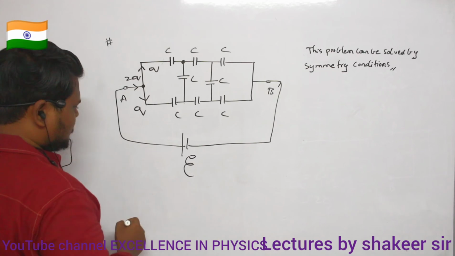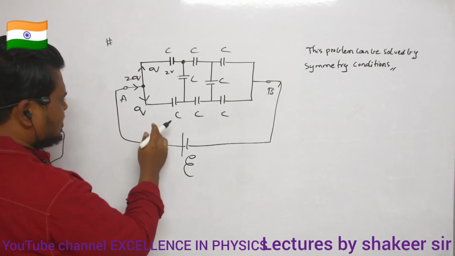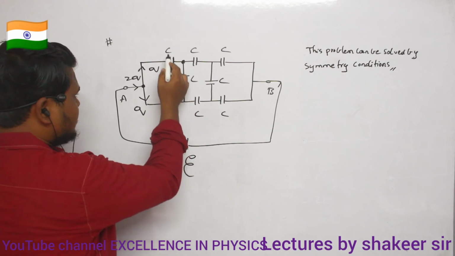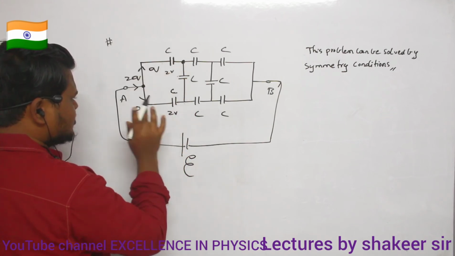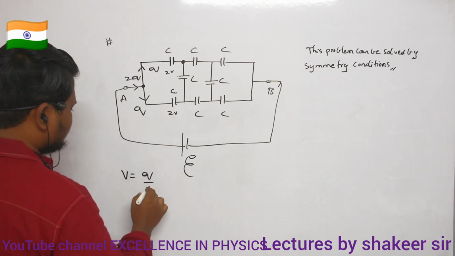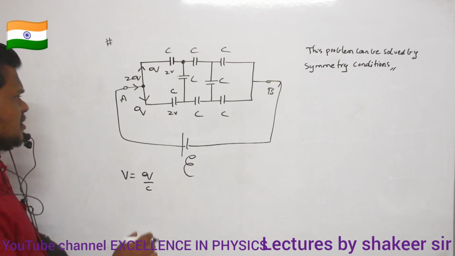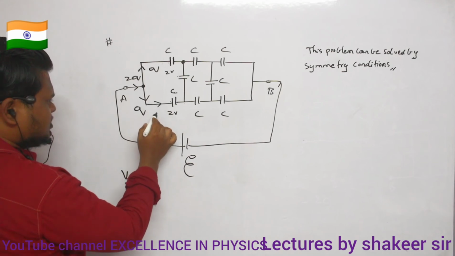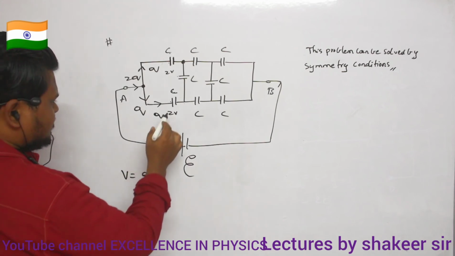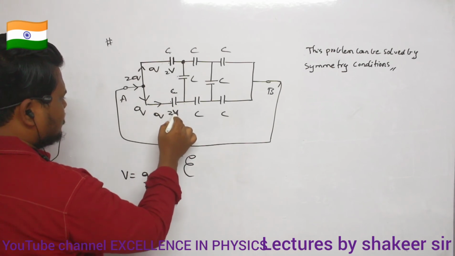Out of this total potential, this capacitor will take, let us consider, 2 volts of potential. Similarly, this capacitor also will take 2 volts of potential only. What is the reason? Because their capacitances are equal and the charge entering is also equal. Are you able to understand? So the potential drop V is equal to Q by C only, no? Q divided by C. The charge entering both capacitors is Q only, and the capacitance of each capacitor is also C only. So if this capacitor takes 2 volts of potential difference, then this capacitor also takes 2 volts.